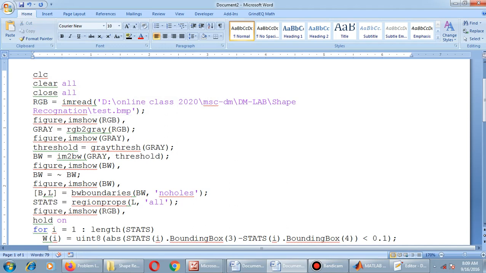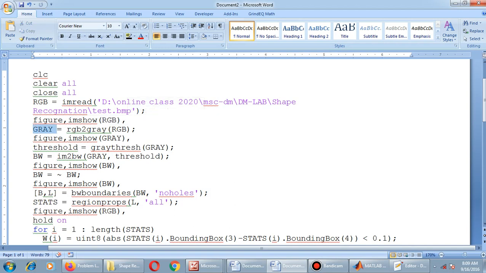We are using figure before it. Figure is used to show or open the image in a separate window. If we are not using figure, I have used many imshow functions here, so when this imshow line is executed, the original image will be closed and then the grayscale image will be opened. We do not want that. We want all the conversions to be seen, so we are using this figure syntax. This is the function imshow to display an image in MATLAB.